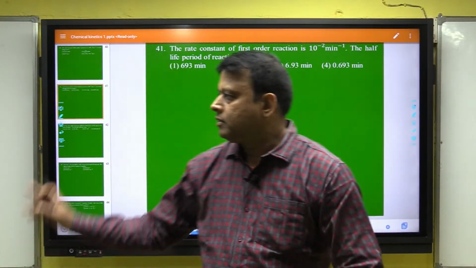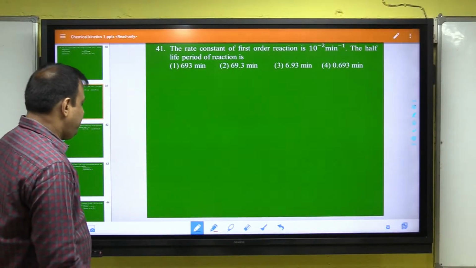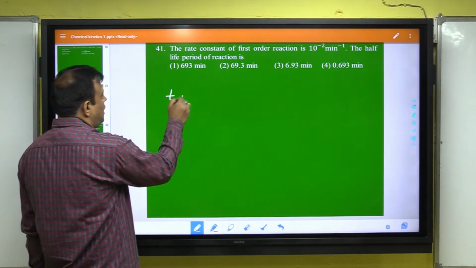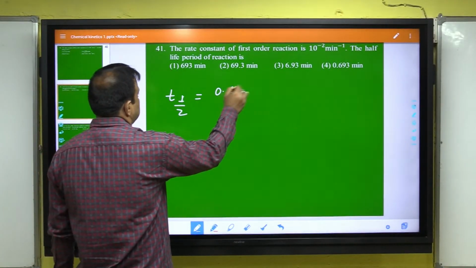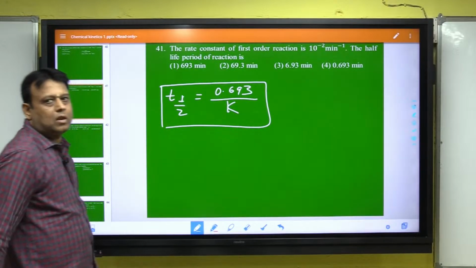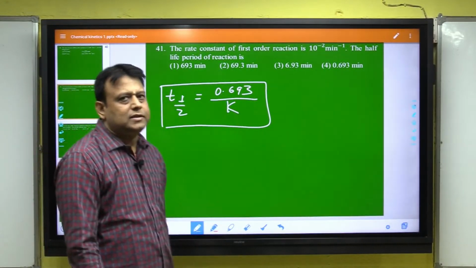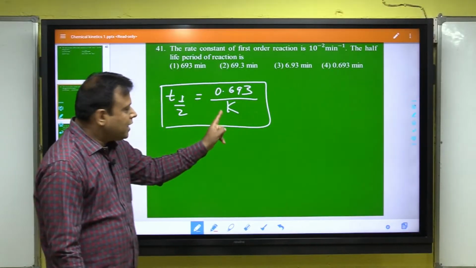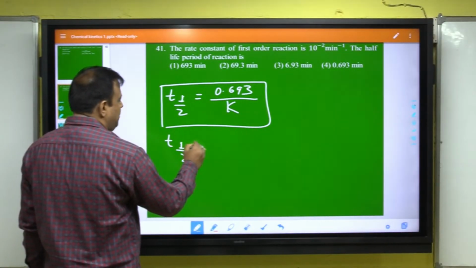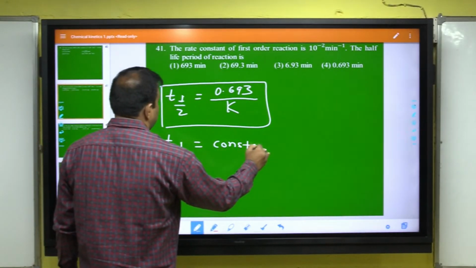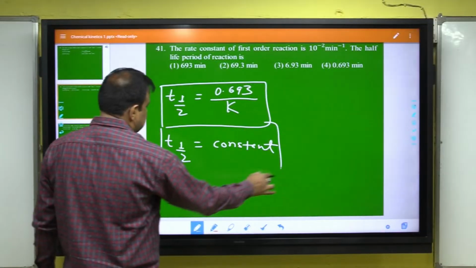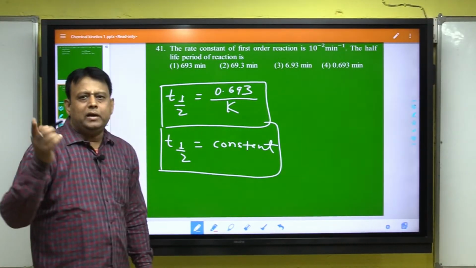Half-life of first order reactant, T half is equal to 0.693 by K. Listen, 0.693 is constant, and K is also the rate constant of first order reaction, and hence T half is equal to constant. T half is equal to constant, and T half constant means, listen, it's independent from